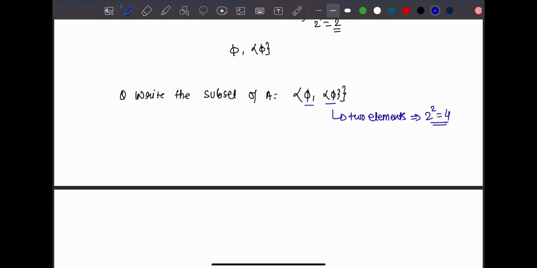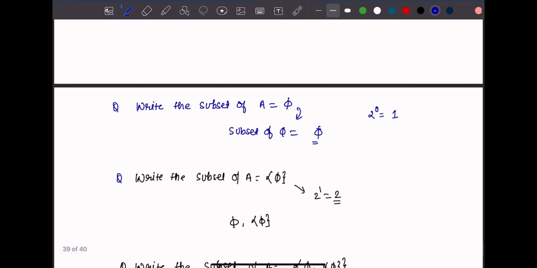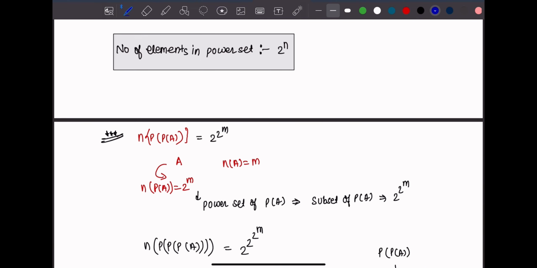Of those who are not getting directly, they can replace these as element A and element B. So we know that 5, then we will get element A, then element B, and now both the elements A and B, which means we are getting 5, curly bracket of 5, curly bracket of 5, and then 5 and curly bracket of 5. okay, so these are the subsets possible for 5 comma curly bracket of 5. okay, so in the next class we will discuss operations on set. okay,